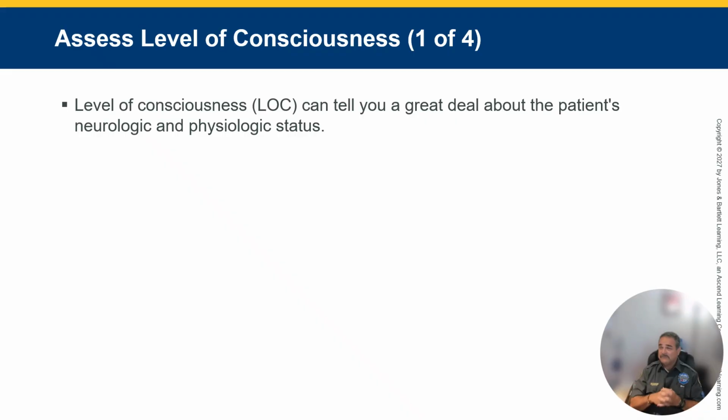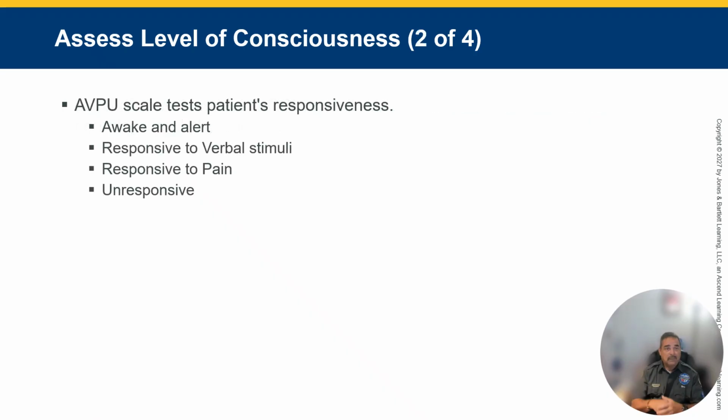Level of consciousness. We've talked about this. Person, place, time, and event. It can tell you so much about your patient. So you need to establish that level and make sure you understand where they're at. AVPU: awake and alert, responsive to verbal, responsive to pain, and unresponsive. There's an actual scale that we assign numbers to, but we hope everybody is awake and alert. And then are they A&O times 4 or 2 or 1 or whatever? You have to establish that by asking questions. If they're not,